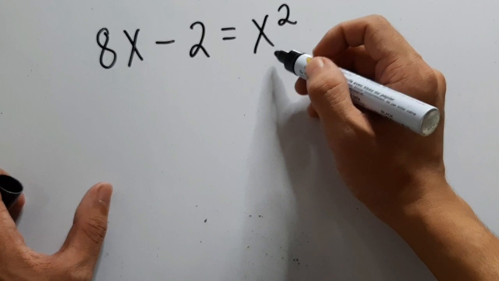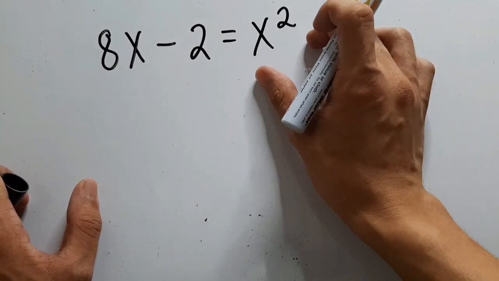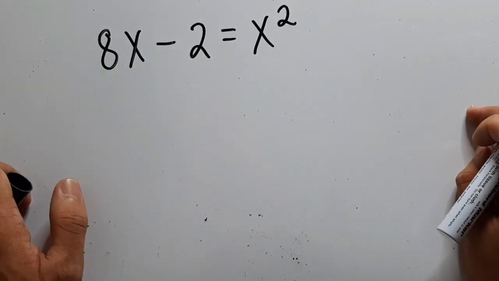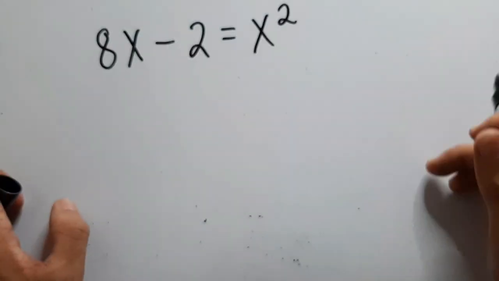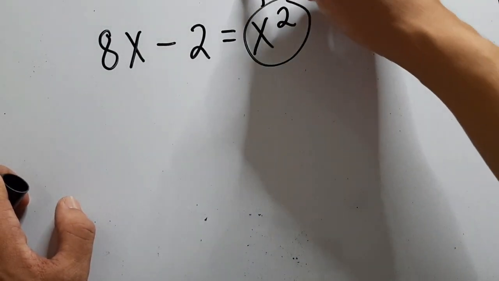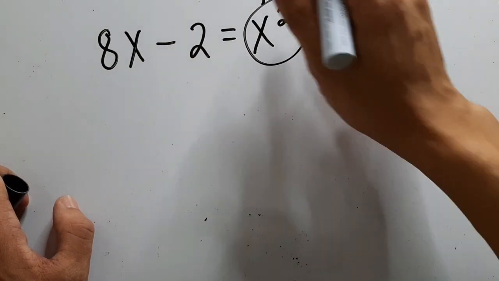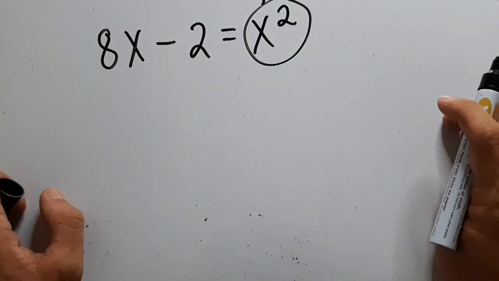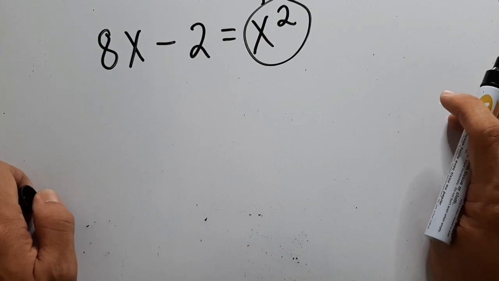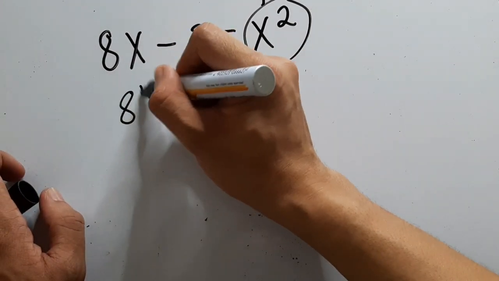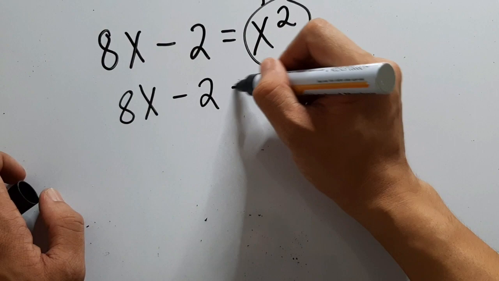So, pag sinabi natin standard form, the right side must be equal to 0. Dapat walang value ang nasa right side. So si x squared, ililipat natin sa kabilang side. Okay? So, kapag nilipat natin siya sa kabilang side or kabilang barangay, mapapalitan ang kanyang value or sign. So, we have 8x minus 2 equals,